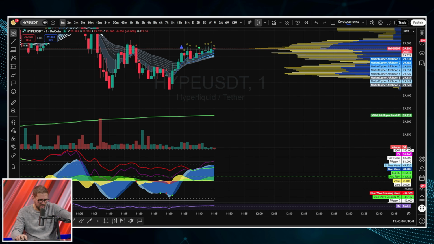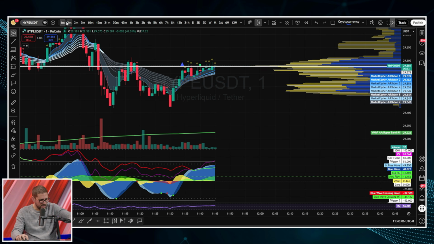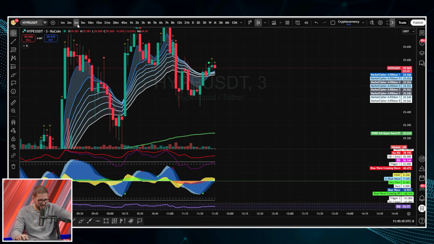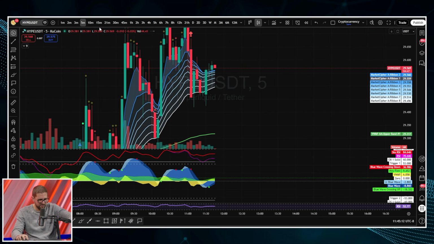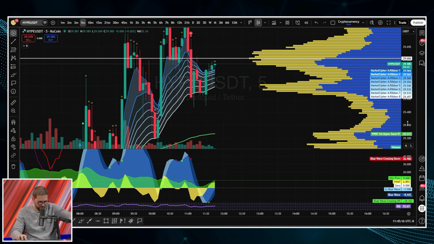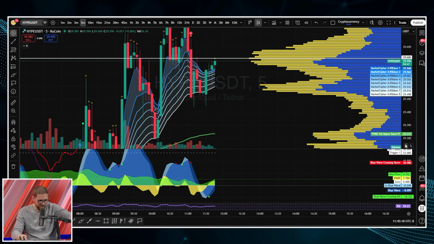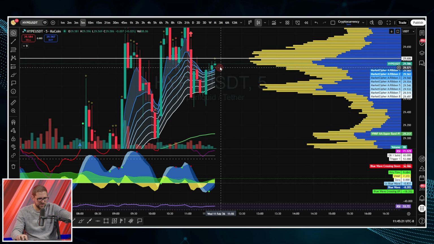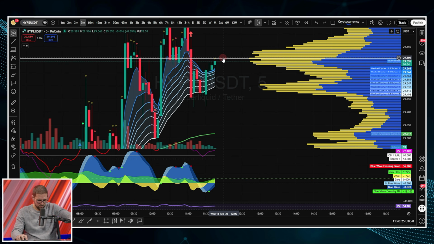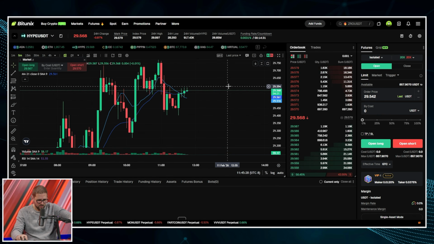My stomach is telling me I need to feed it. I'm just going through the time frames here. 2 minute, nothing really there. 3 minute, potential short trigger wave here. 5 minute looks like we're getting expansion of money flow and VWAP, but there's just a ton of resistance. I bet we get rejected here. 29,609.